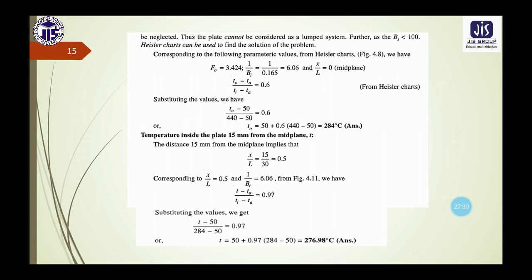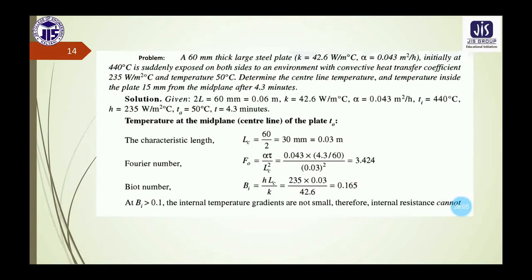Now the Fourier number we have calculated here, 3.424. 1 by Biot number is also known to us, that is 6.06, and at the mid plane x by L equals 0. Now from the Heisler chart we need to calculate the temperature function, that is theta naught by theta i. So if Fourier number is 3.424, 1 by Biot number is 6.06, and x by L equals 0, let us go to the